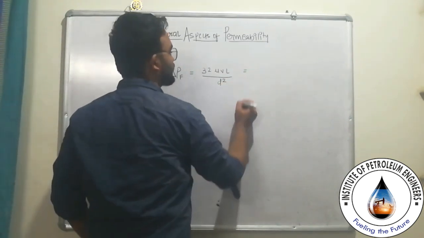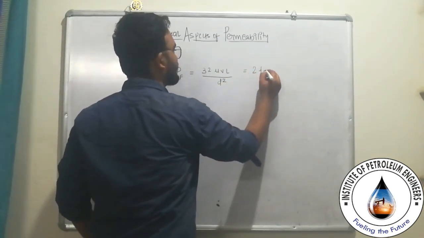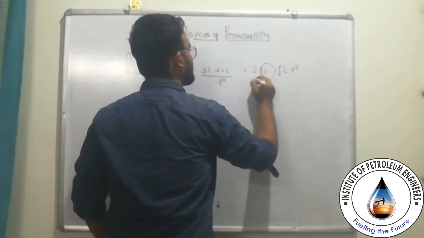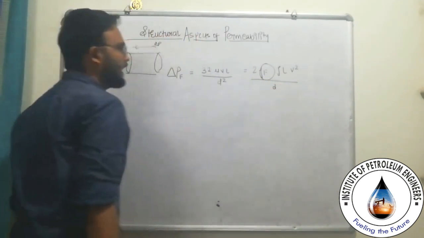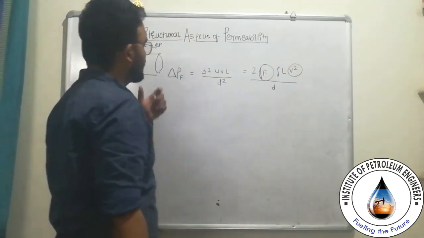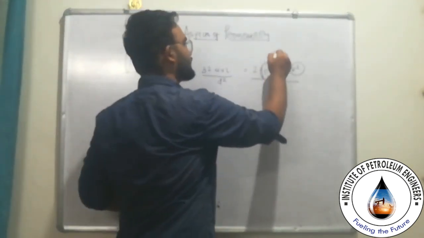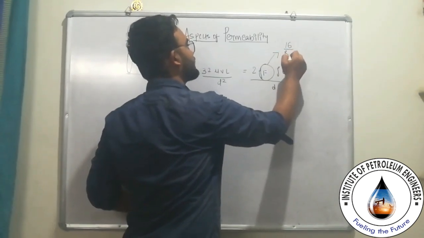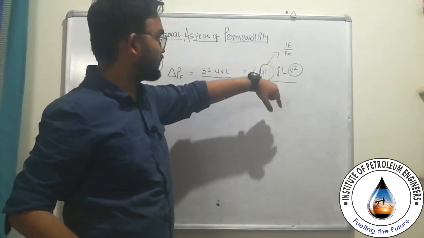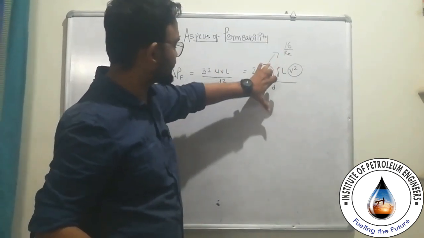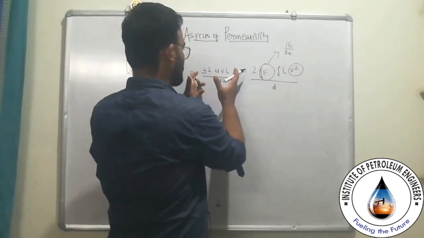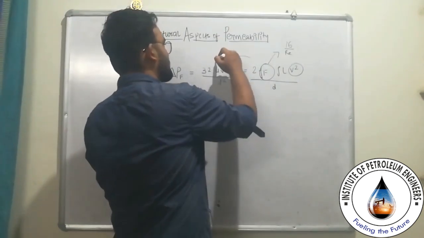Or in other words, it was given as 2 f_F, which is Fanning's friction factor, rho L V square by d, right? And this V square should not be confused, because f_F for laminar flow is 16 by N_Re, and N_Re has embedded velocity terms, so 1 by V multiplied by V square will eventually give out this formula, okay? So some people go this way, some people go this way.